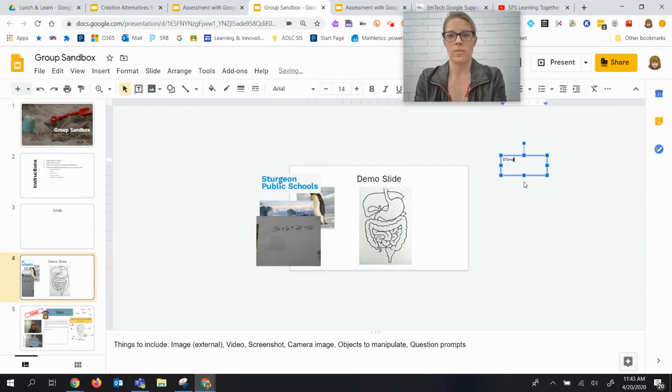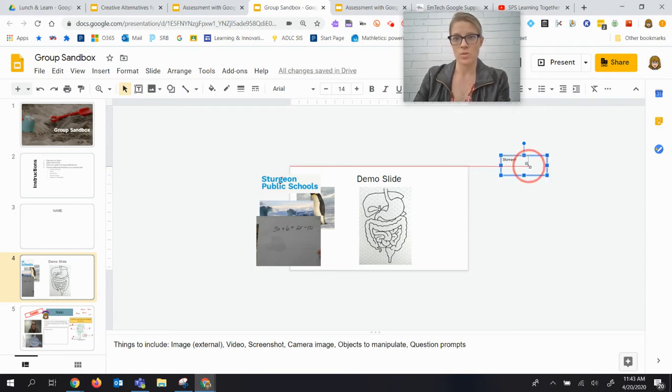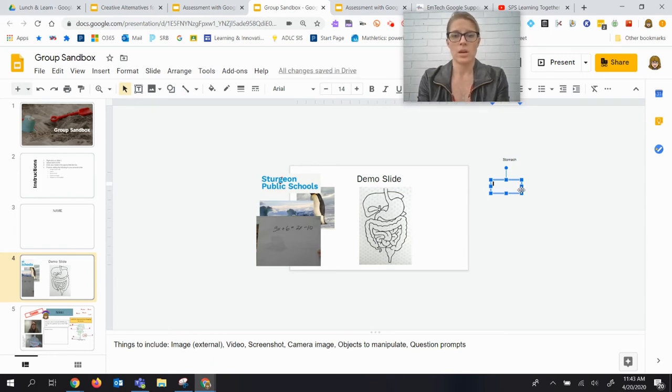Okay, so I'm going to just create a text box for each term. So, stomach. And I'll go and add another one. Another way I could do this is just kind of copy and paste. So, stomach,